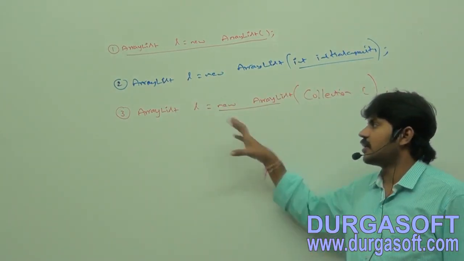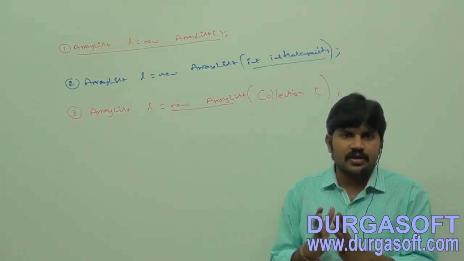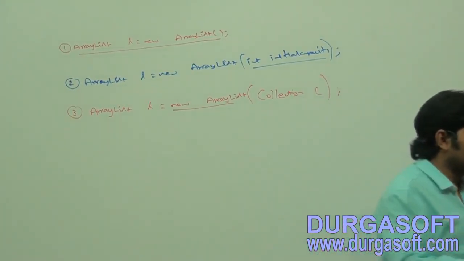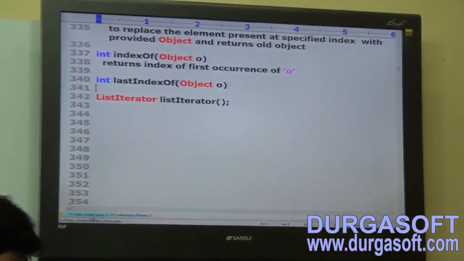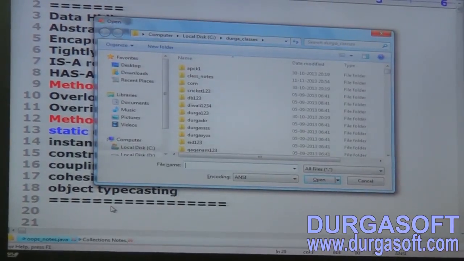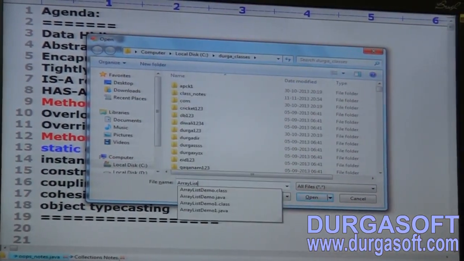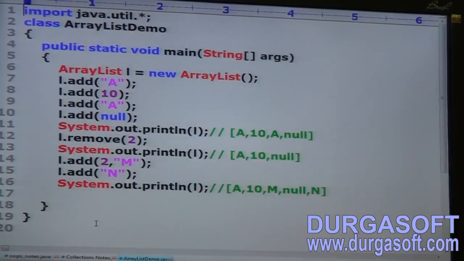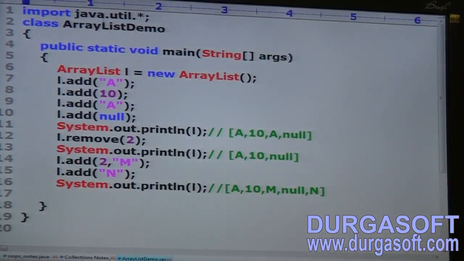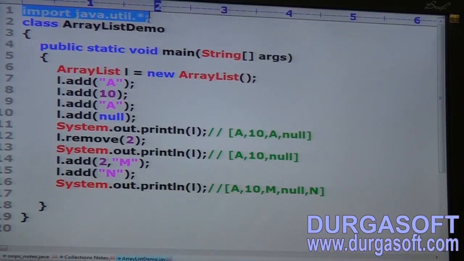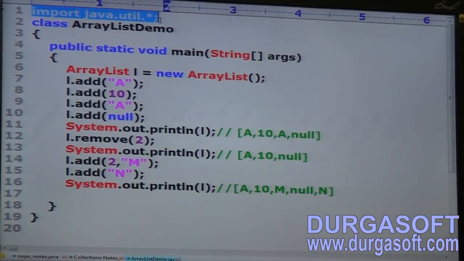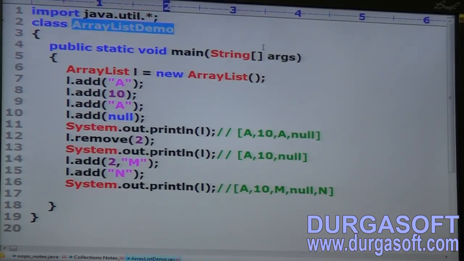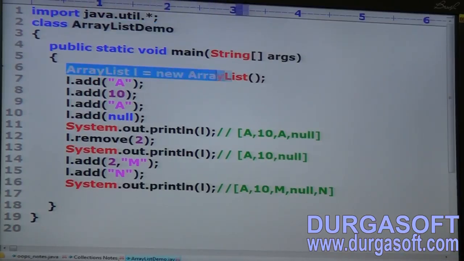Okay, this is ArrayList and its methods. Let me convert this into a small example here. Now observe. I'm taking ArrayListDemo.java. A simple example: import java.util.*, because ArrayList and all these things are available in the util package. Class ArrayListDemo, public static void main, ArrayList l = new ArrayList.